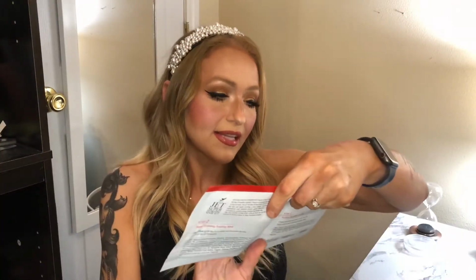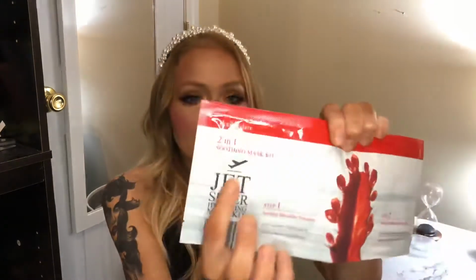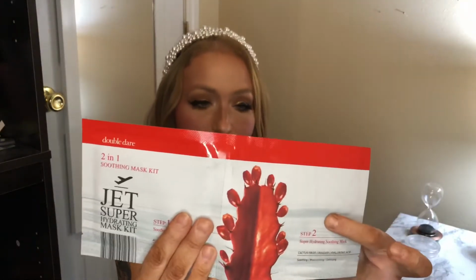So the first thing I'm gonna pull out is this, and this is from Double Dare, and it's the 2-in-1 Soothing Mask Kit. So it looks like there's a step 1 and a step 2. All right, so this says Jet 2-in-1 Soothing Face Mask Kit. This retails for $9. It says soothe and moisturize your skin with super antioxidants such as cactus fruit and rose hip. The Jet mask will keep your skin rejuvenated, hydrated, and shield against harmful environmental stress. So you have your step 1, which is a soothing microfiber towelette,